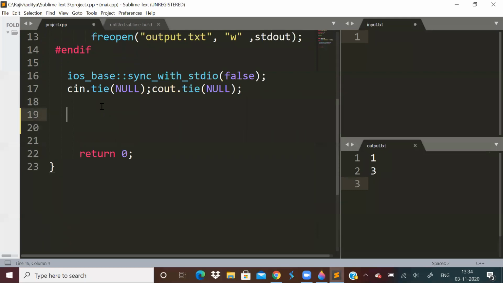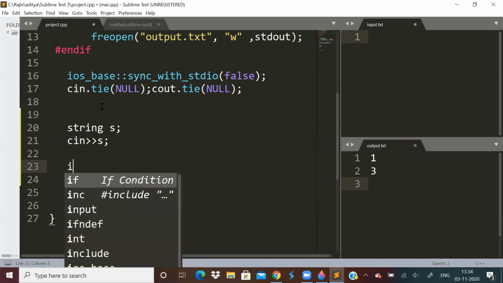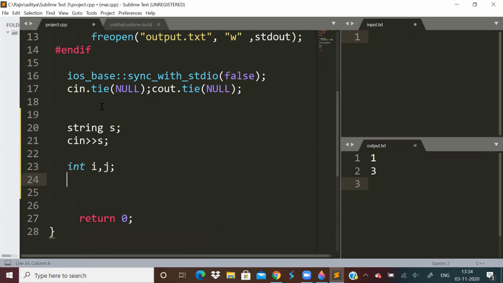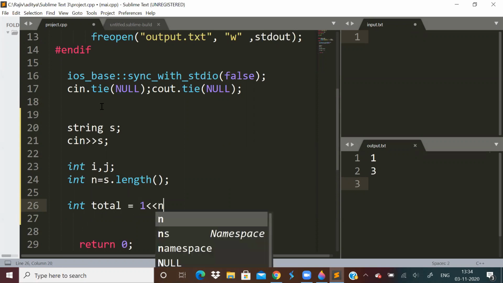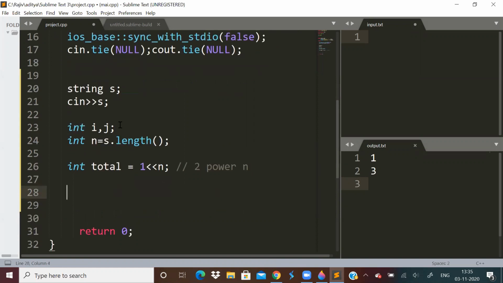So let us take a string input and some variables i and j, and a variable n which will be the length of the string, and a variable called total. Basically total is equal to 2 power n, because that many subsequences will be there. Now let us run a loop from i equal to 1 to total.